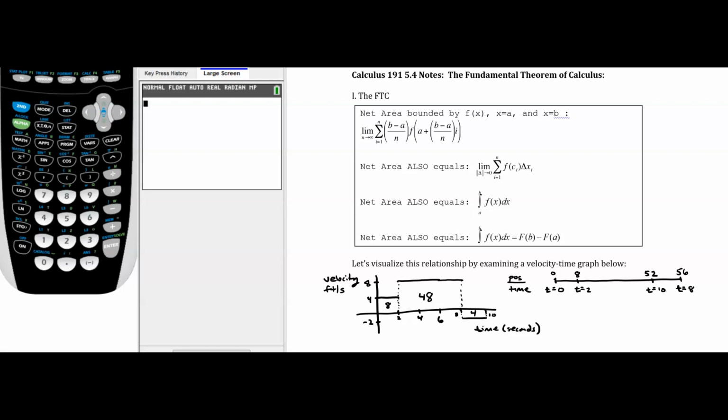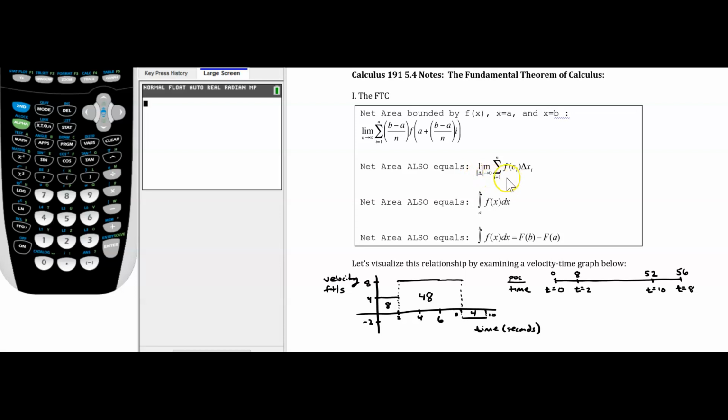Okay, so what do we know so far? Well, we know that the net area bounded by a function and the x-axis between x equals a and x equals b is equal to this limit definition right here. And we saw back in 5.2 that that was a really difficult process to go through and use this limit definition to find the net area. We also saw in